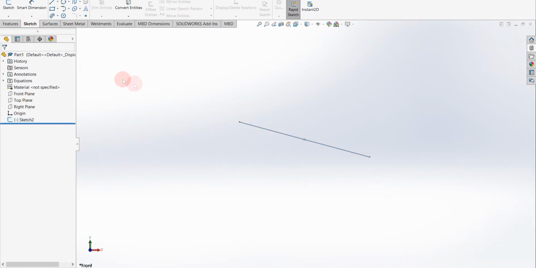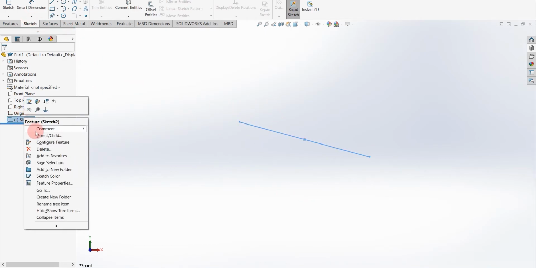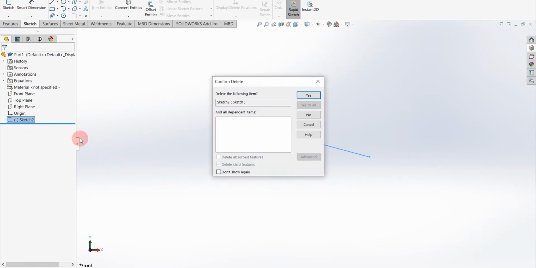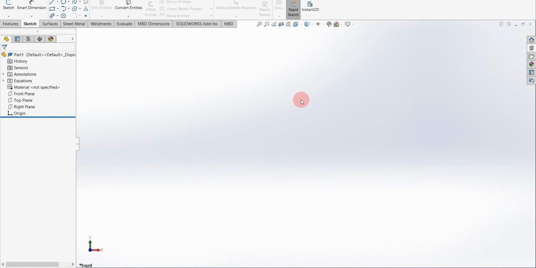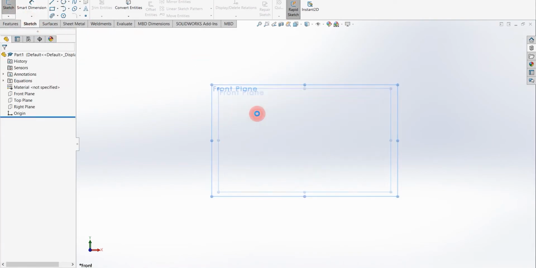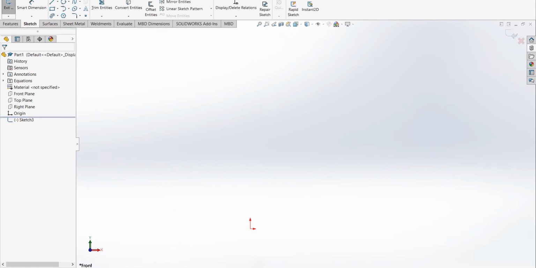The next important point which I want to cover in this video is giving relations to our sketch or geometry that we have constructed in 2D. I am just selecting the front plane. This arrow shows the origin of the plane.